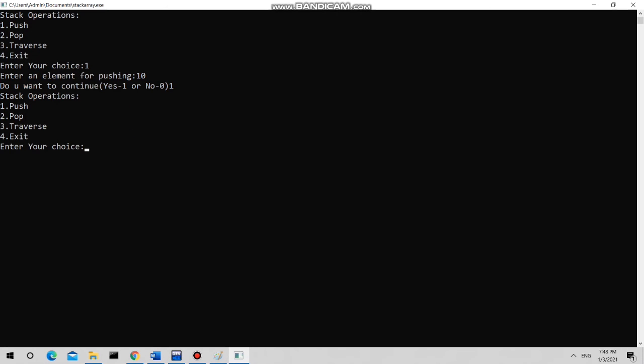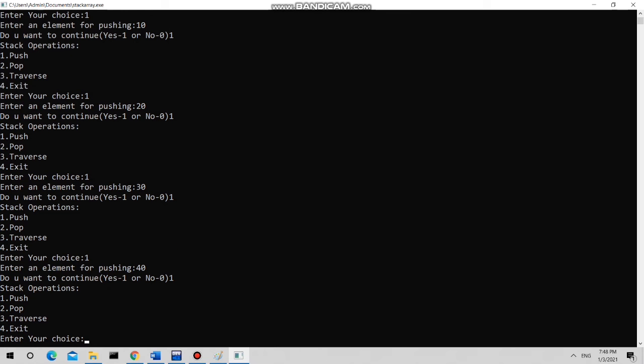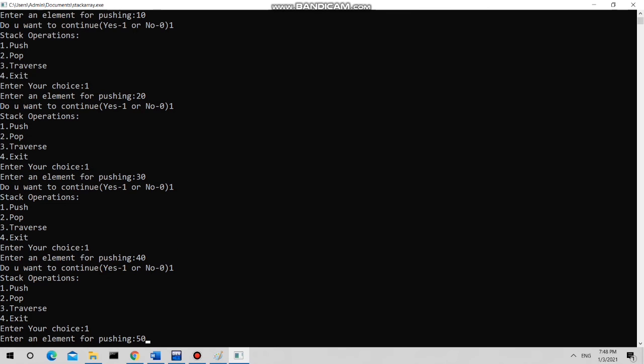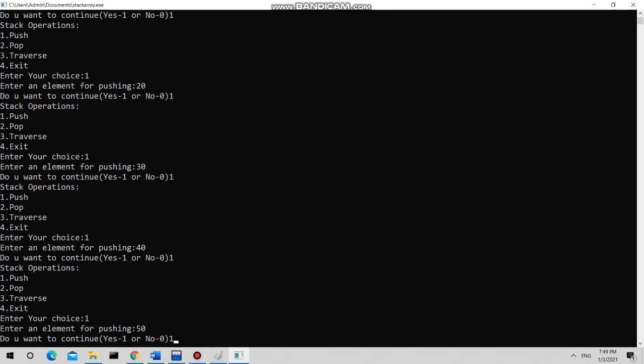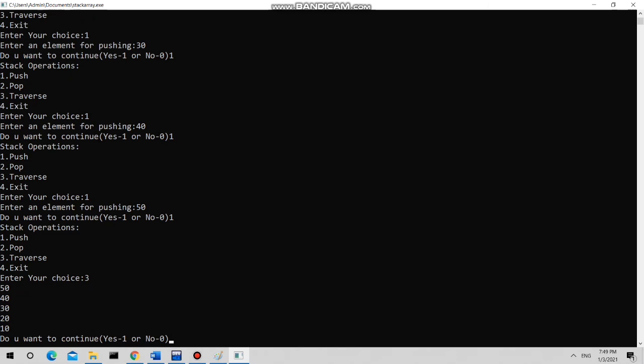Enter 10, 20, 30, 40, next element. See, I have entered total 5 elements, and now check the traverse. So see, I'm getting 10, 20, 30, 40, 50.